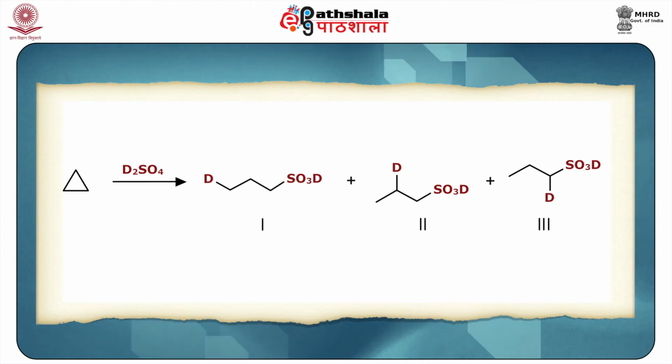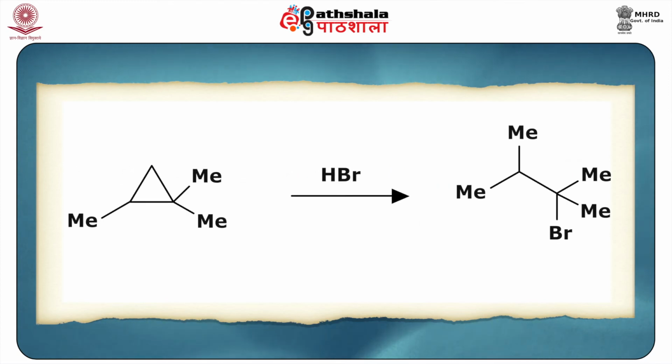Another point that you have to keep in mind is that electrophilic addition in substituted cyclopropanes generally follows Markovnikov's rule, wherein hydrogen adds to the carbon which already has more hydrogens. That is, as shown here, if you have a substituted cyclopropane where one carbon has one methyl group and the other carbon has two methyl substituents, and we add HBr, then out of these two carbons the hydrogen will go to this carbon and Br will go to this particular carbon, and thereby you will get this particular product.